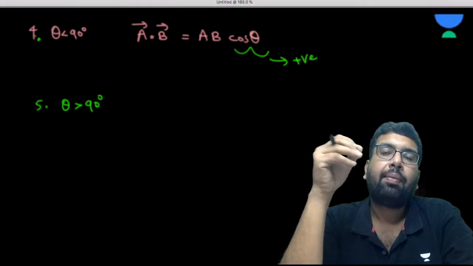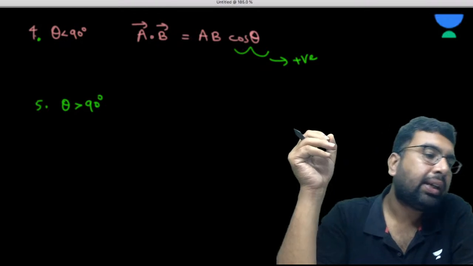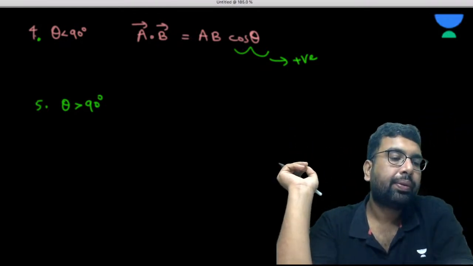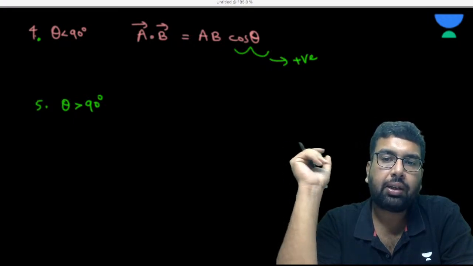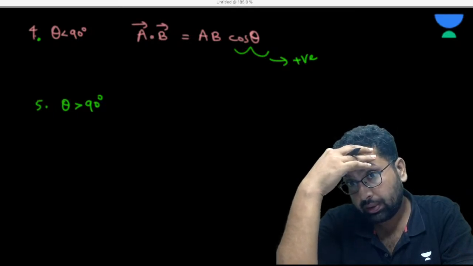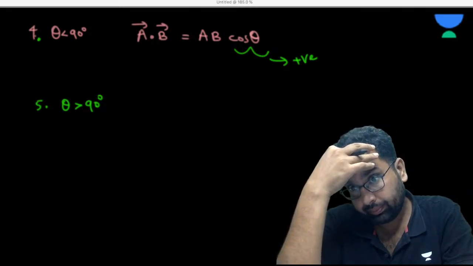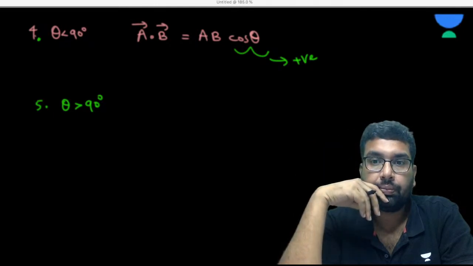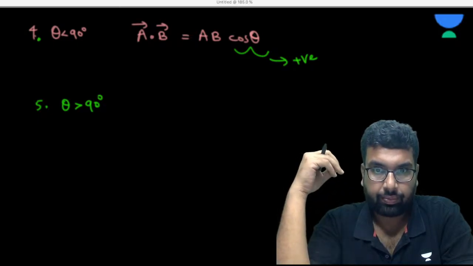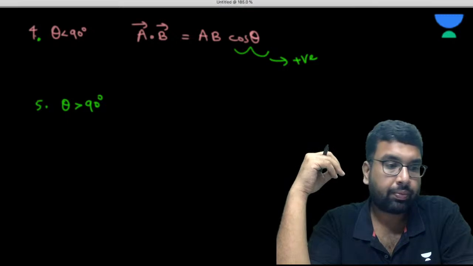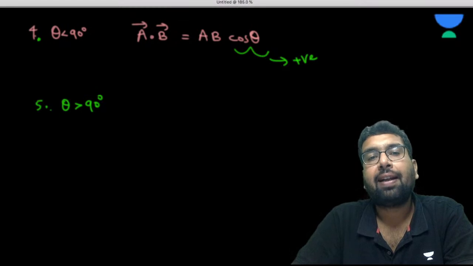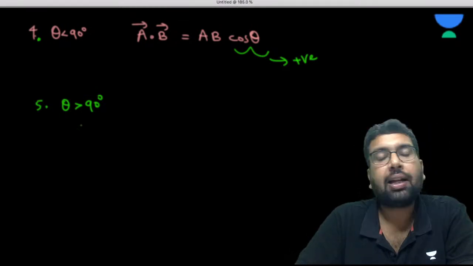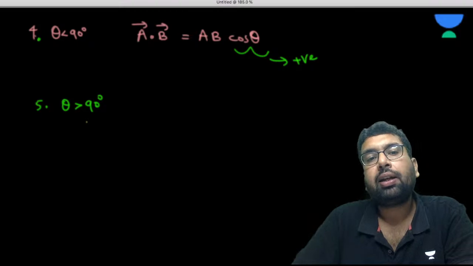Obviously, if theta is greater than 90, it should be less than 180. Theta is greater than 90 and it has to be less than 180